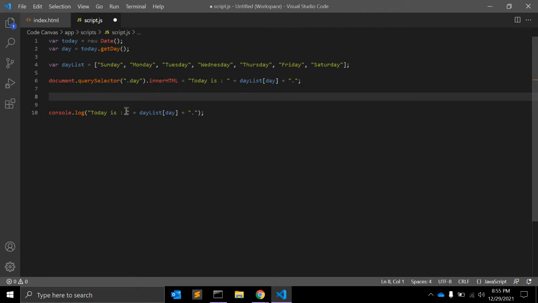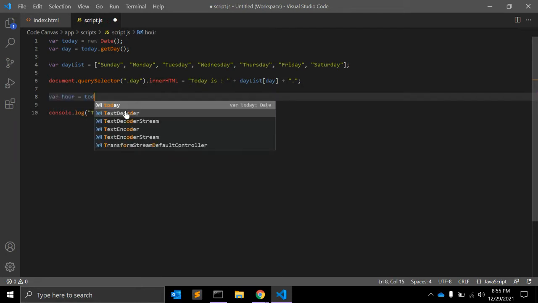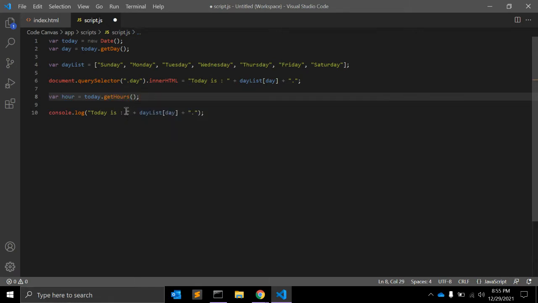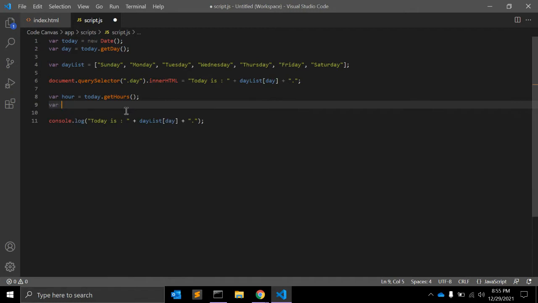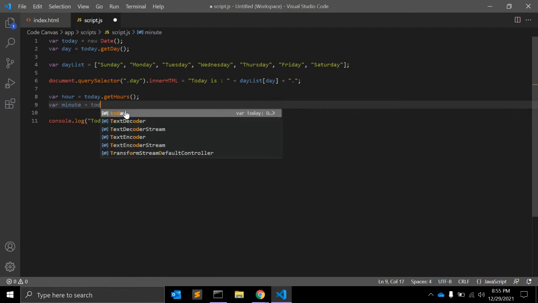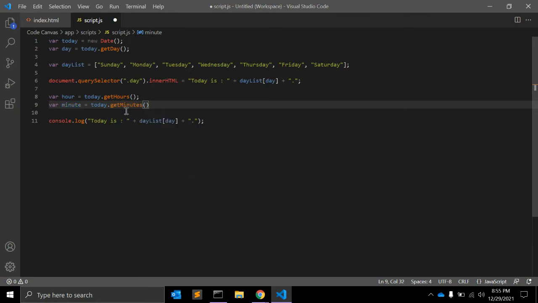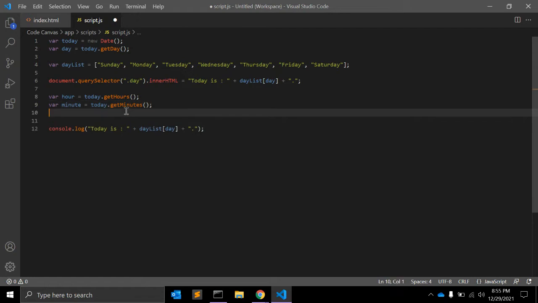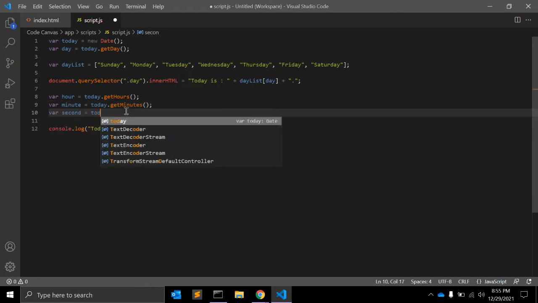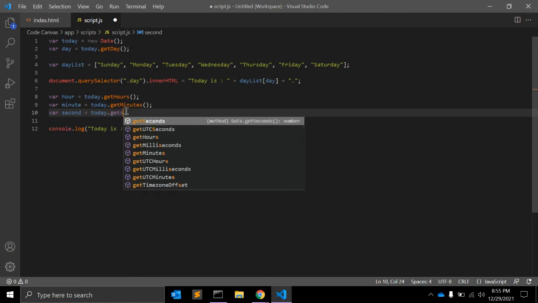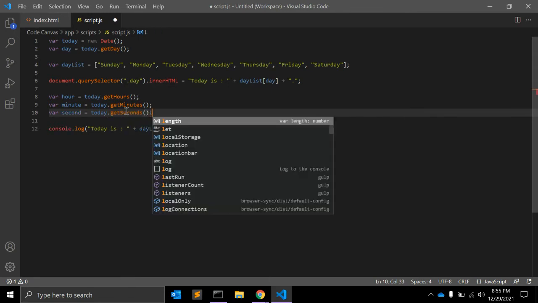Let's take hour. Hour is equal to today.getHours, a function, while minute is equal to today.getMinutes. This is also a function, and second is equal to today.getSeconds.